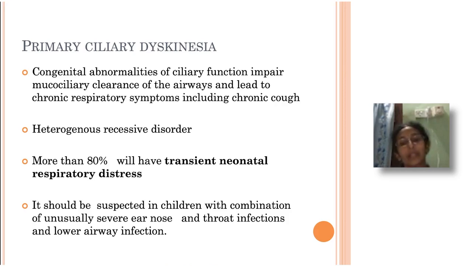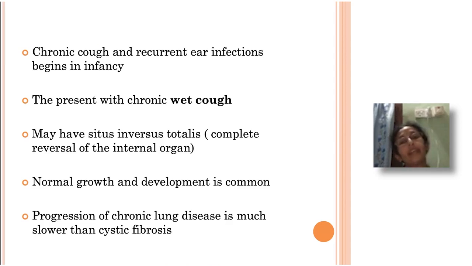It should be suspected in children with a combination of unusually severe ear, nose, throat infection and lower airway infection. So they can get both upper and lower airway infection. Chronic cough and recurrent ear infections begin in infancy. They present with a chronic wet cough, rather than the dry cough of cough variant asthma. They may have situs inversus totalis, a complete reversal of the internal organs. So that points towards this